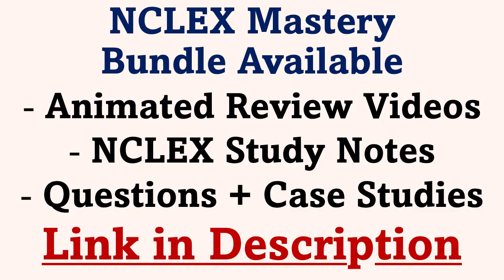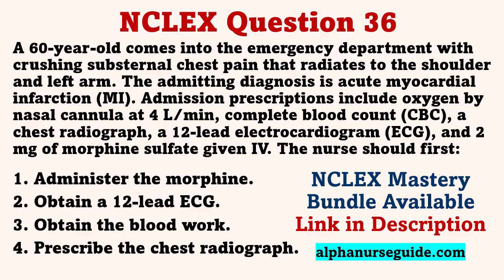Back to the questions. A 60-year-old comes into the emergency department with crushing substernal chest pain that radiates to the shoulder and left arm. The admitting diagnosis is acute myocardial infarction. Admission prescriptions include oxygen by nasal cannula at 4 liters per minute, complete blood count, a chest radiograph, a 12-lead electrocardiogram, and 2 milligrams of morphine sulfate given IV. The nurse should first: